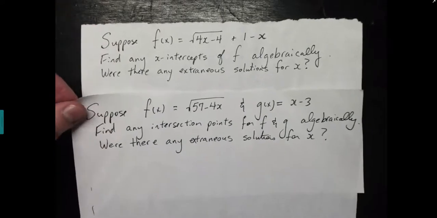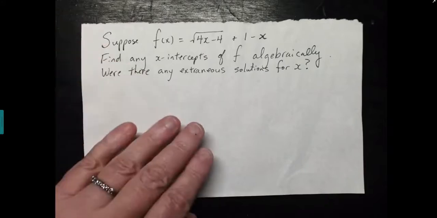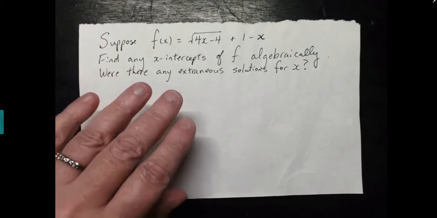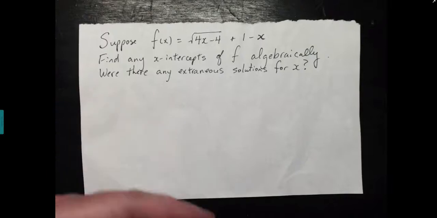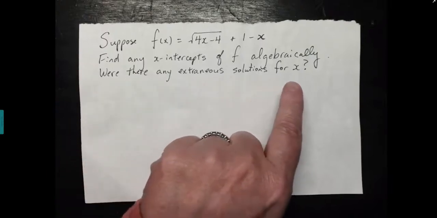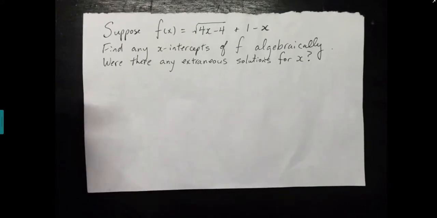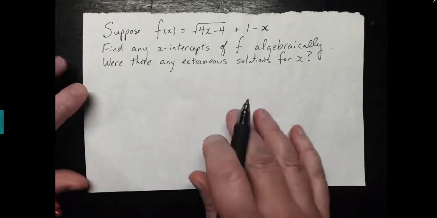So let's look at this one first. So suppose f is this function, and we want to find if there's any x-intercepts without using a calculator. And then were there any extraneous solutions for x? A calculator will not show you that. You have to do it algebraically to be able to answer that question. All right, so the first thing we need to recognize is